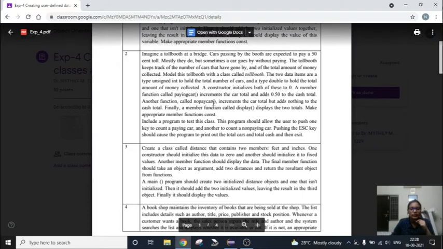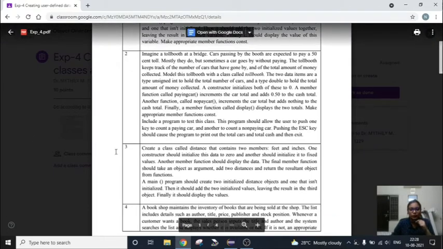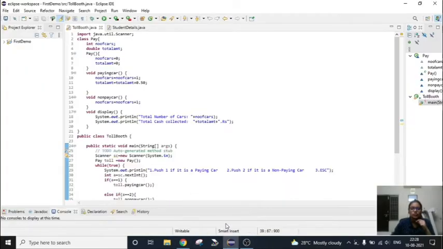And the other function, non-pay car, will count the number of cars that are passing by but doesn't add any money, because those cars are not paying any toll. So just like they have asked, I have given the member functions paying car and non-pay car.